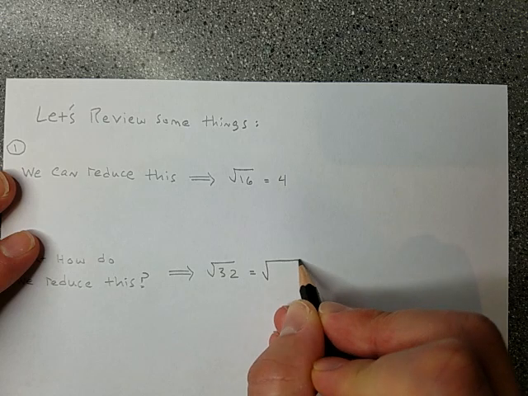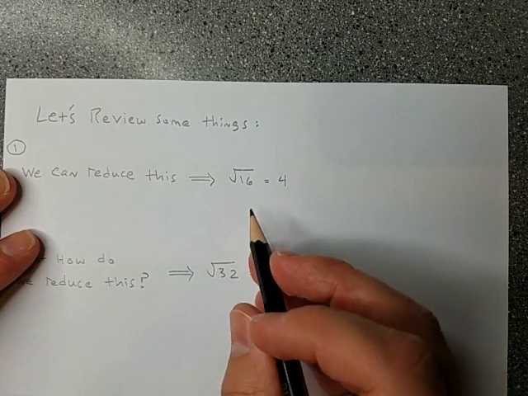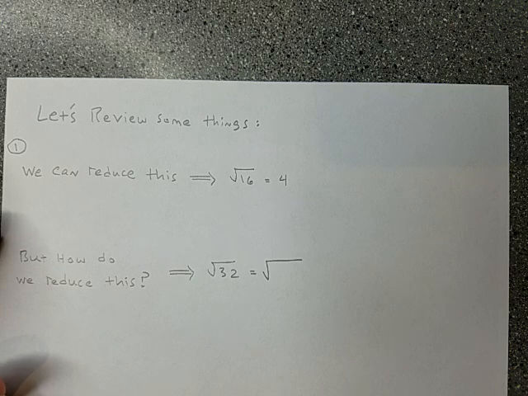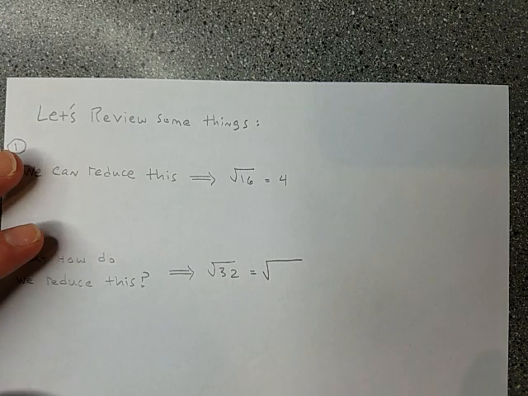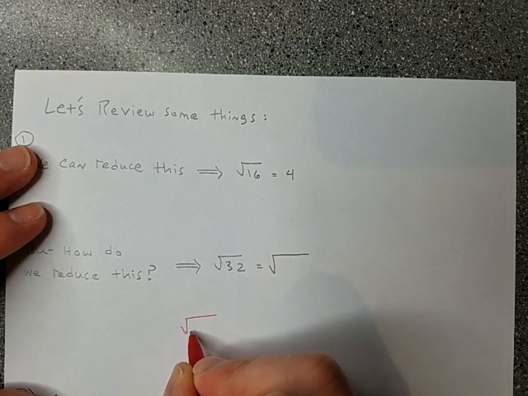Can you factor 32 with a number that is a perfect square? And let me tell you why I would aim to do that. Now, I've already mentioned that there's lots to review in math and there's lots of rules. Here's a rule that would be applicable in what I'm about to do. Square roots can be applied